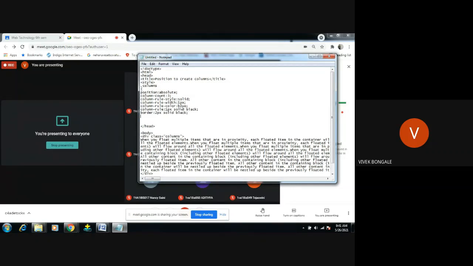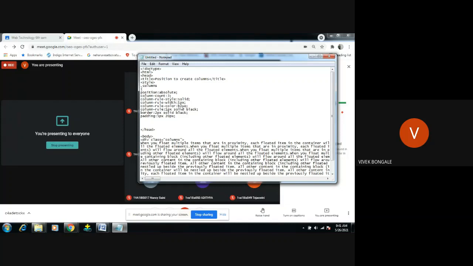Then padding, you can keep 5 pixel and 20 pixel. Margin is important. Margin you can keep the same, 5 pixel and 20 pixel.